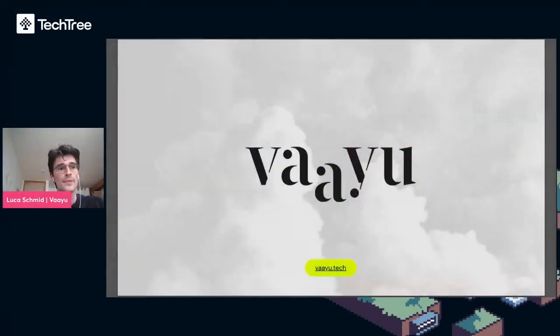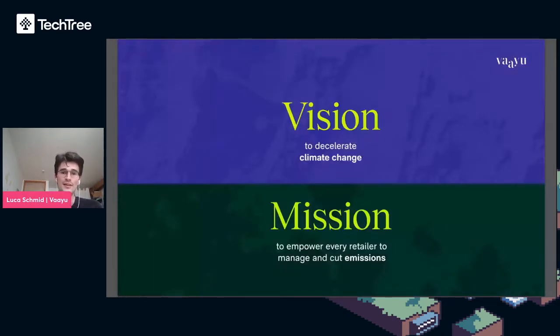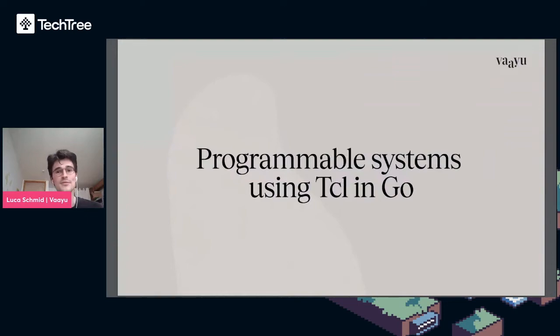Yeah, I'm the CTO here at Vaayu. Our vision is to decelerate climate change, and we do that by empowering retailers to manage and especially cut their carbon emissions. And as you can imagine, this is a very data-driven business. So we have some special needs there, and that is why we specifically employ programmable systems